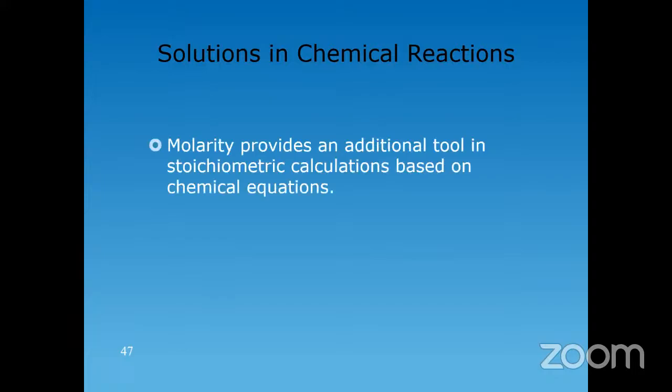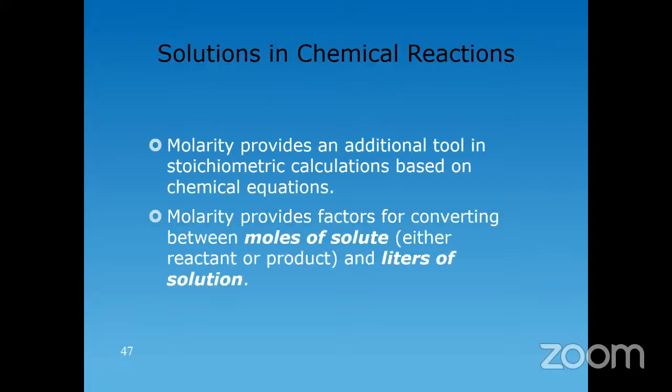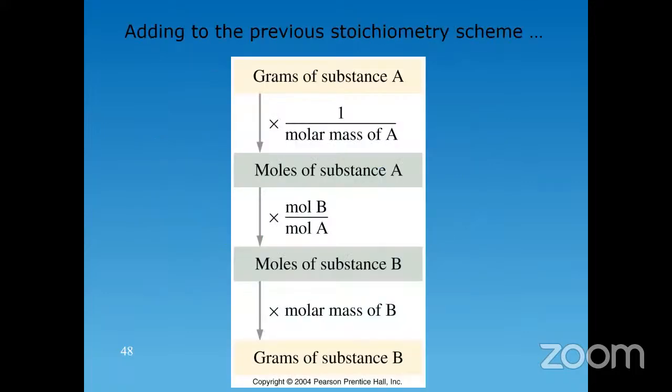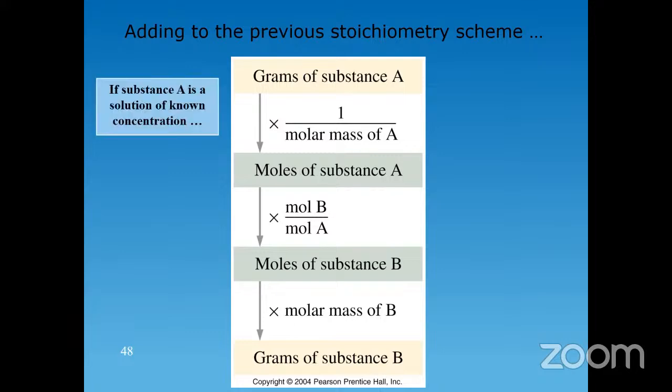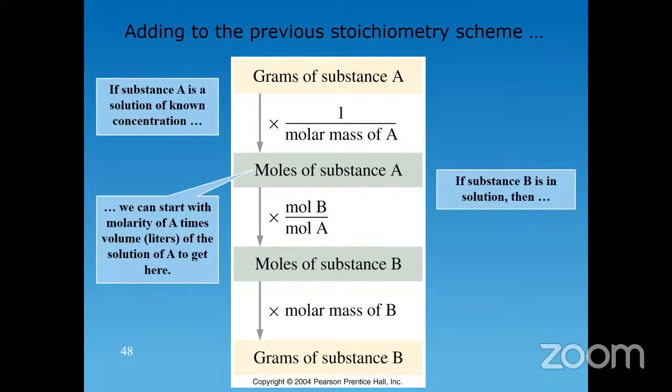It says solutions in chemical reactions. So this is where we'll be doing a combination of stoichiometry, which we learned about before, and what we just learned about solutions and molarity and so on. Now, remember, when it comes to stoichiometric calculations, the most important aspect of it is you start off with a balanced equation, right? Then you have to determine the moles of one particular substance if it's not given to you already, and then determine the moles of the other substance through mole ratios. And then you may have to do some subsequent calculations after that, right? Now, this is basically the scheme that is normally followed for a typical